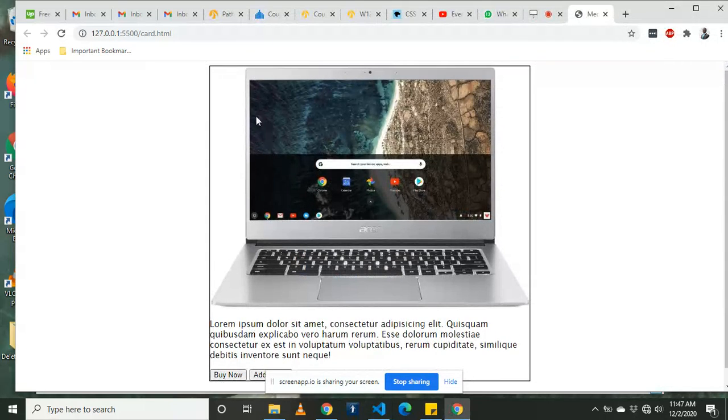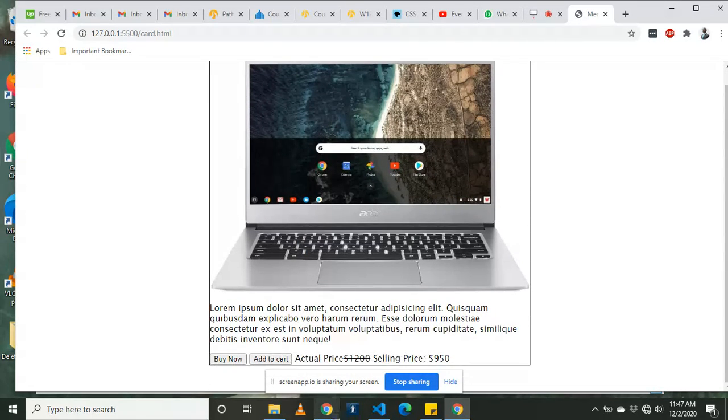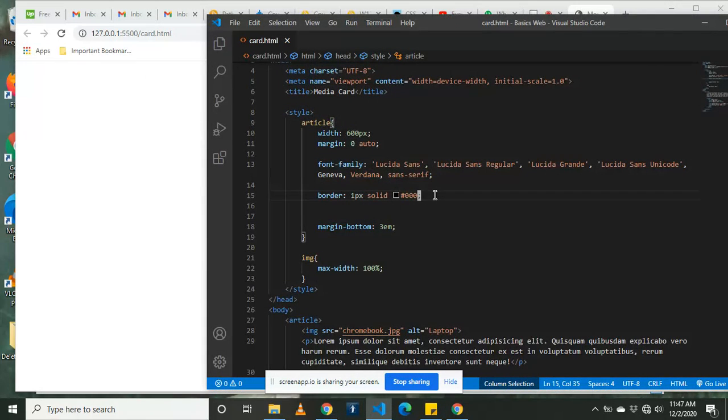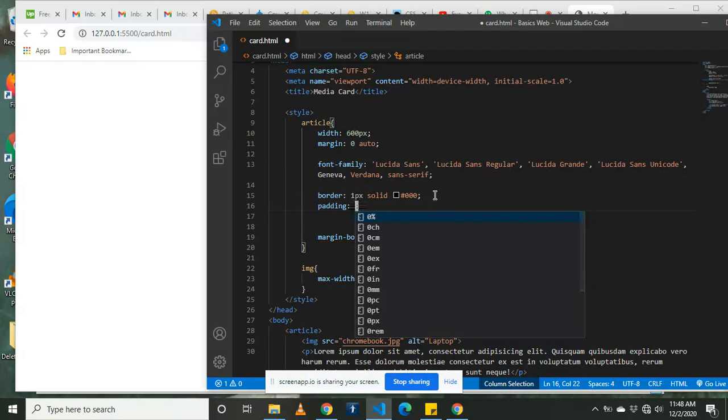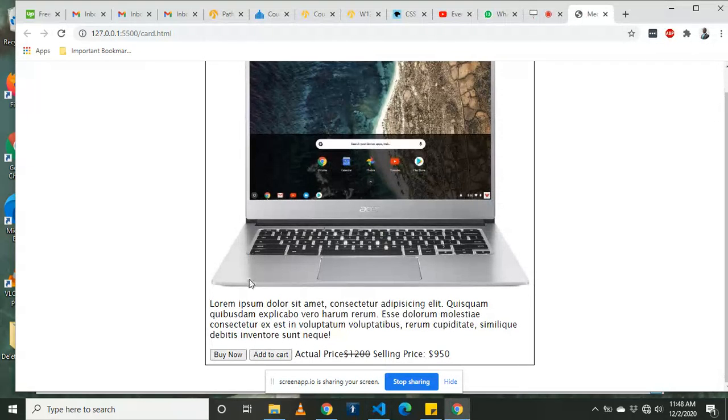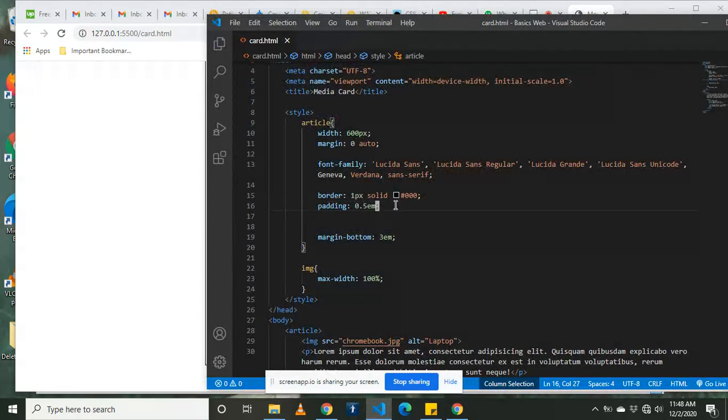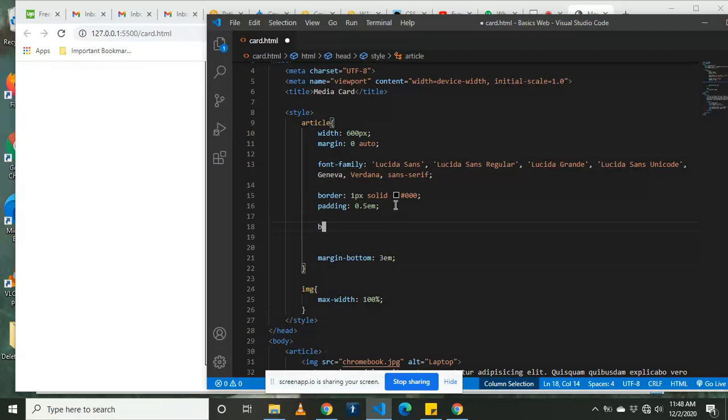So I have this border. Then I can do padding to push the content inside, and I'll do 0.5 em like that. Okay, and then I can do box shadow if I want,